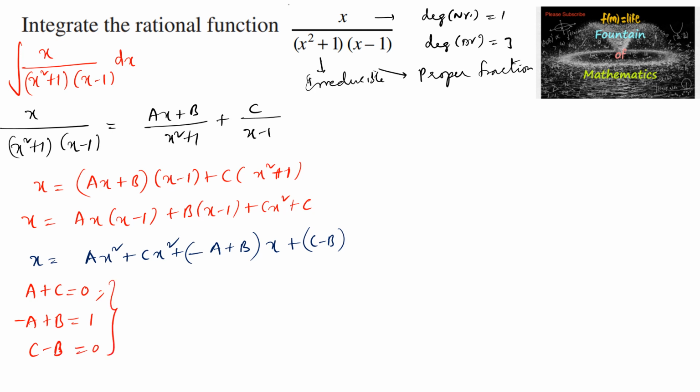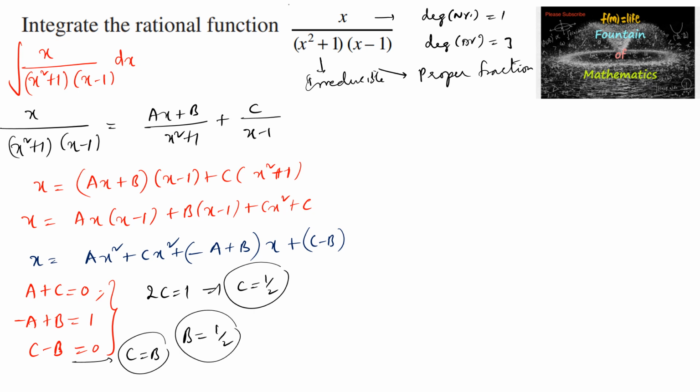Adding all these three equations, we get 2c is equal to 1, that is c is equal to 1 by 2, and from the third equation c is equal to b, so we can write b is also equal to 1 by 2, and from the second equation minus a plus 1 by 2 is equal to 1, or we can write a is equal to minus 1 by 2,